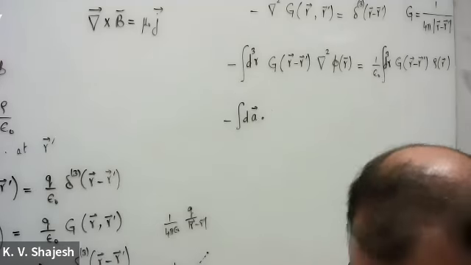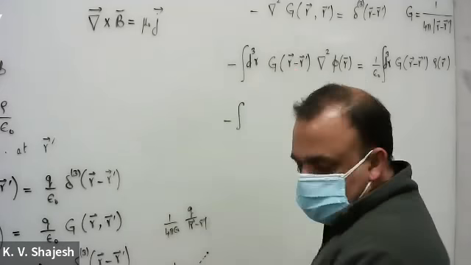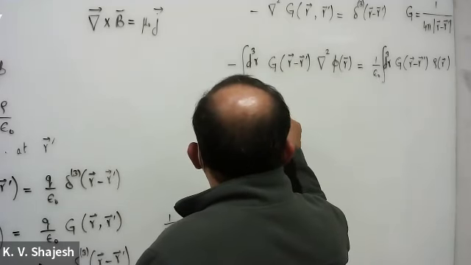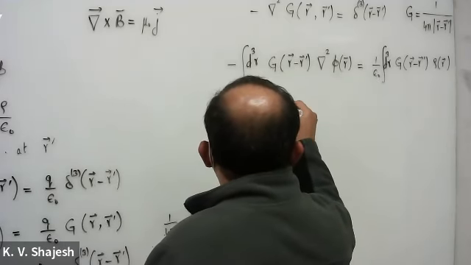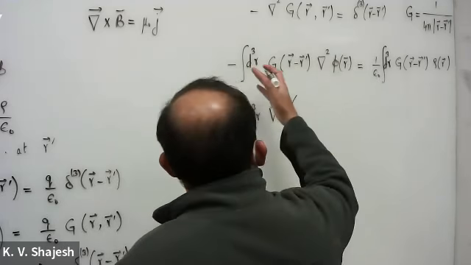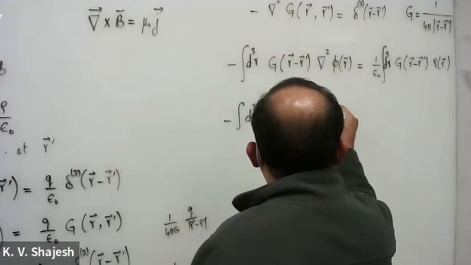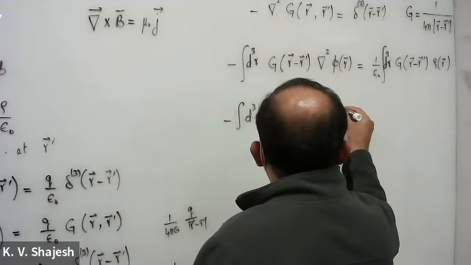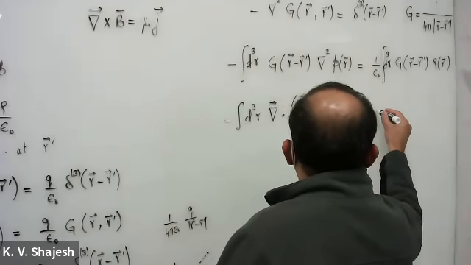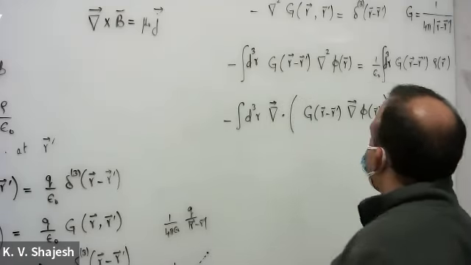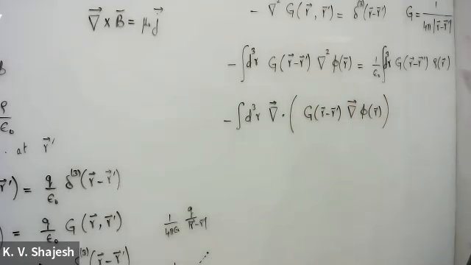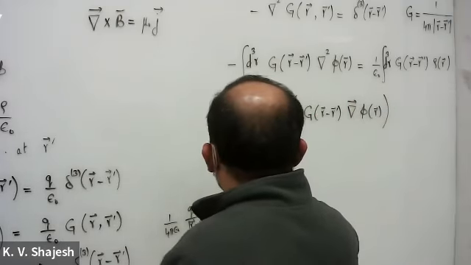Let me write this slightly differently. Let me write the same d cube r. This is the volume. This is the first term. Think of it as this term here, and the next term will be plus,